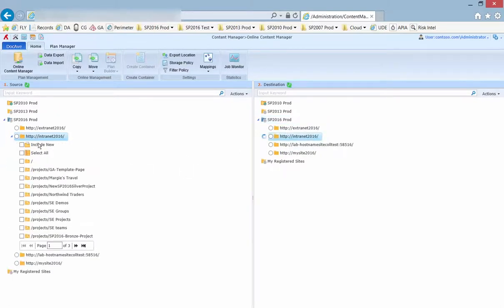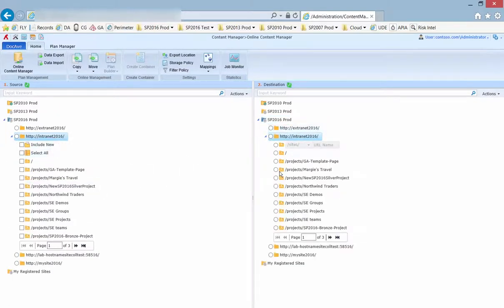Now you can see here, as we start to drill down, things become selectable. You can move a site to a different site collection. You can move a library or list to a different site. You can even try to move items to different libraries or lists. All you have to do is locate that thing that you're attempting to move and then select its destination over